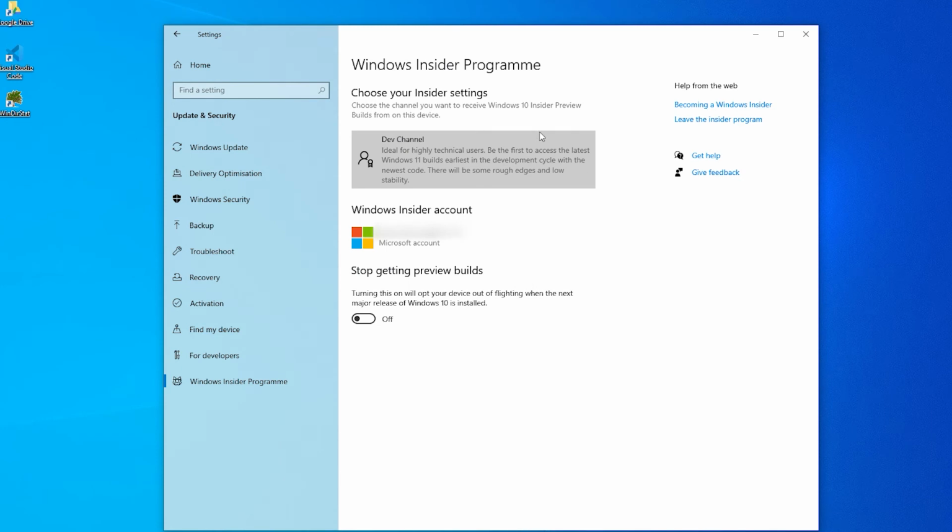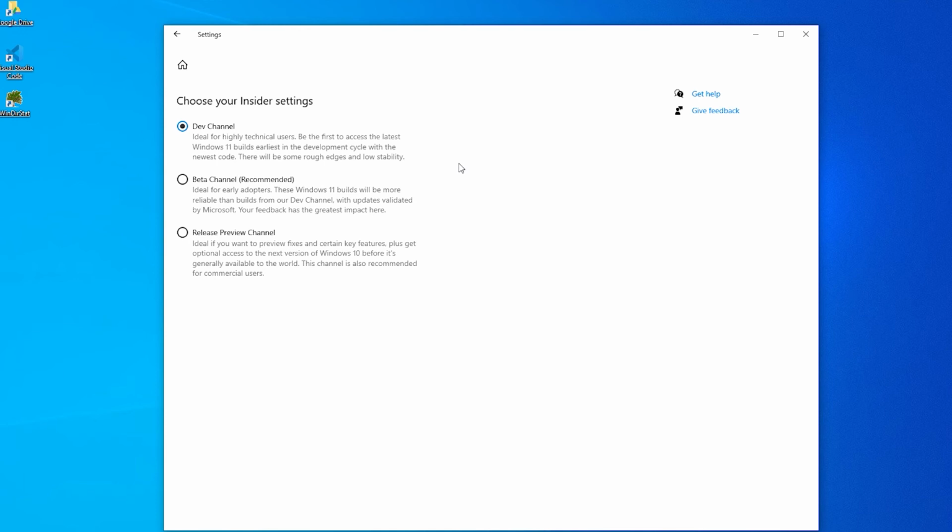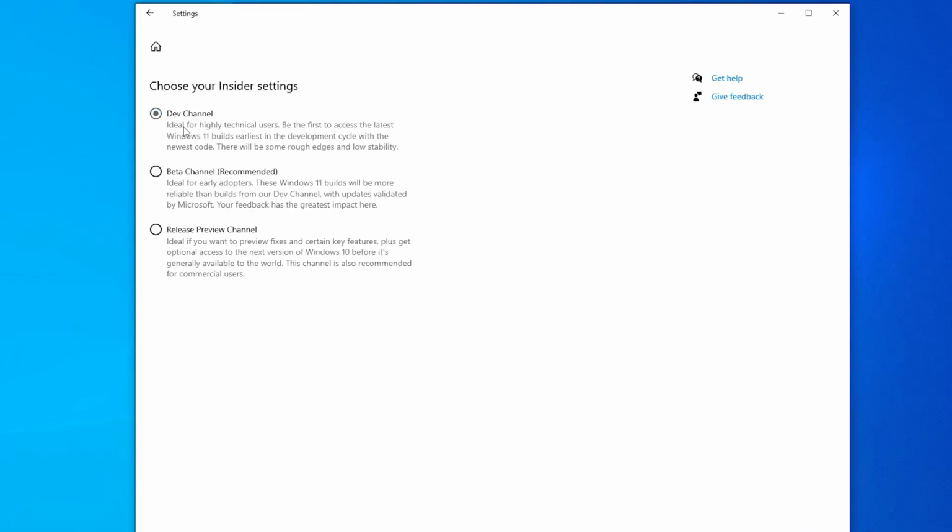Once you have restarted your computer, go to Windows Insider Program Settings. To change Insider settings, click on Dev channel. Here you have 3 channel options: Dev, Beta, and Preview. If you want to get Windows 11 now, you must opt for Dev channel. Beta channel is recommended, but it will take some time for you to download this version. New features take some time to arrive both on Beta and Preview, but they are more stable when compared to